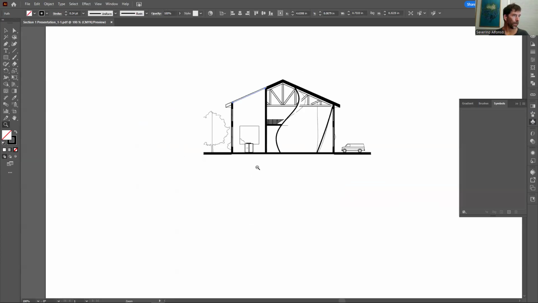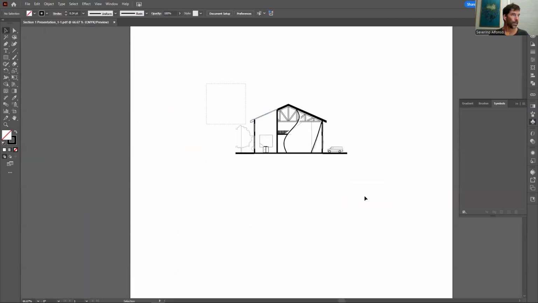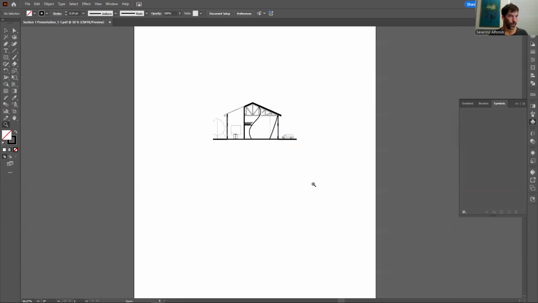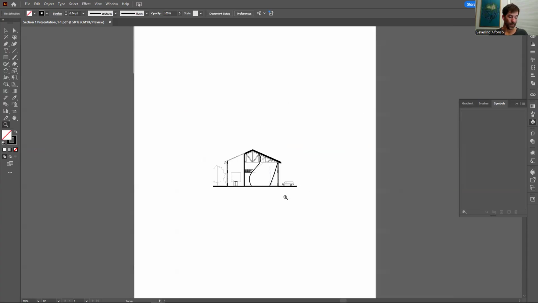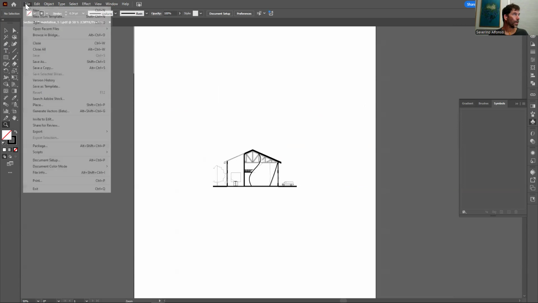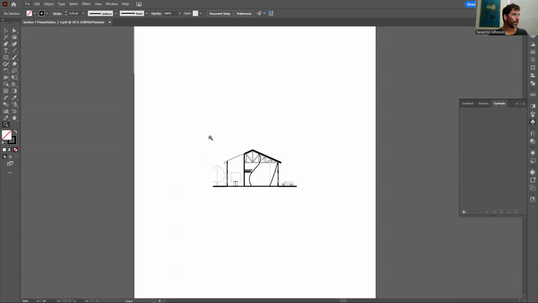By the way, you could clean some of these things. You can scale them if you want, although we don't want to do that because we want to keep the scale intact. So I'm going to save this. It's going to save it as PDF. And now we need basically a